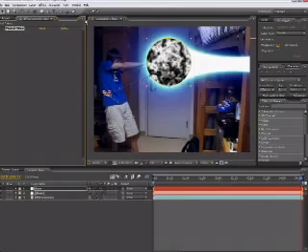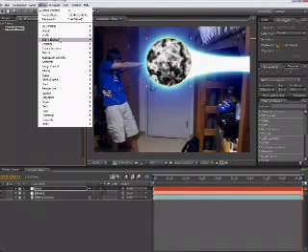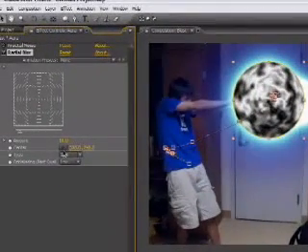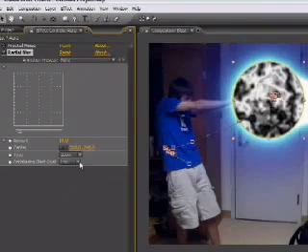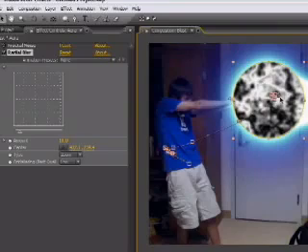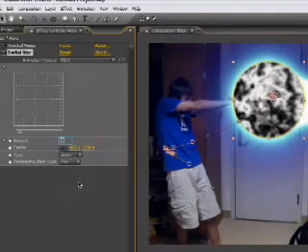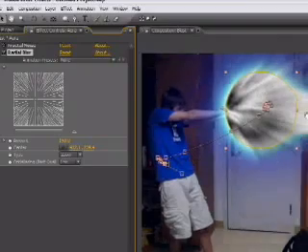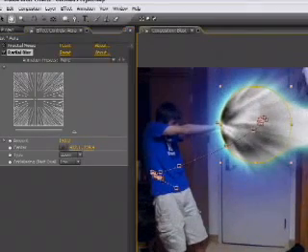So we're going to fix that. Go to Effect, Blur and Sharpen, radial blur. We don't want it to be spin, we want it to be zoom. Okay? The center should be back here behind your blast, and then let's bump that up to like 150. Okay, so now you kind of see what I'm doing here,